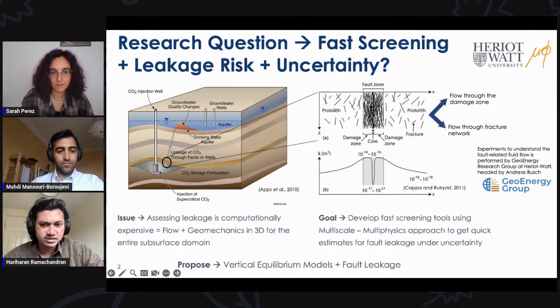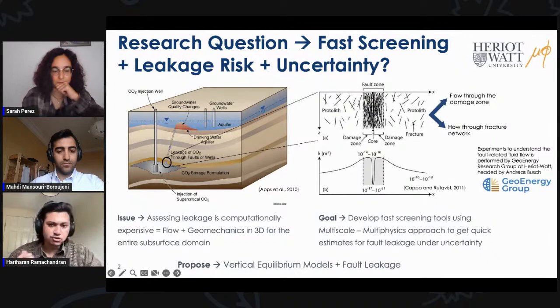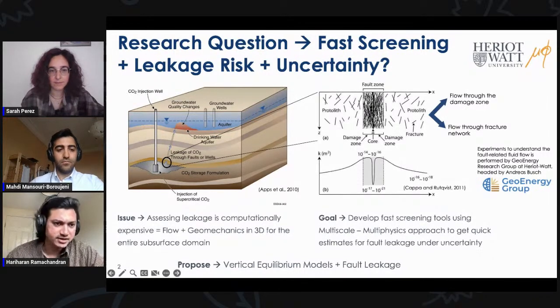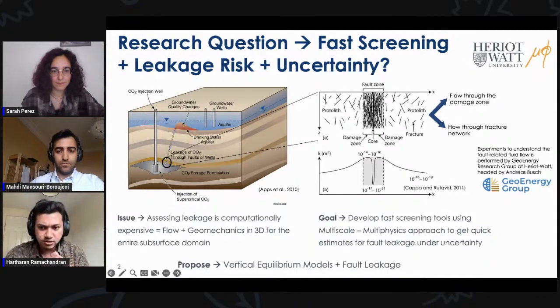Like any large-scale project, CO2 storage has its own inherent risks. Understanding these risks involves assessing the event likelihood and the resulting damage. So here we specifically focus on the risk of leakage along a fault. I hope you can see the mouse, so you can see the fault blown up here. Typically, CO2 injected into the subsurface can potentially leak if it encounters a pre-existing or a reactivated fault pathway. A blow up of a fault pathway is shown here.